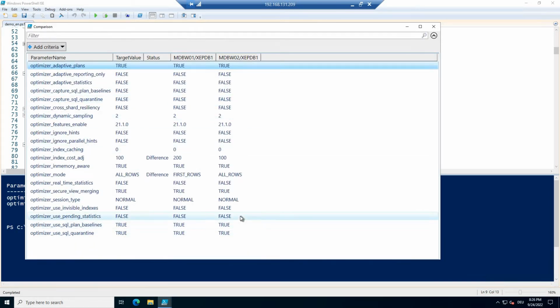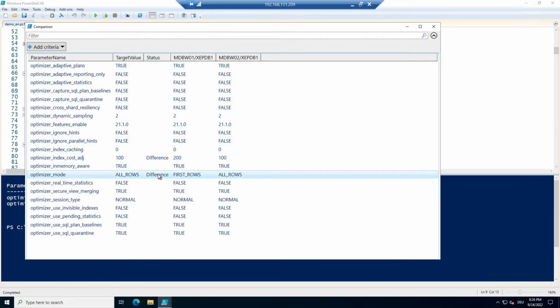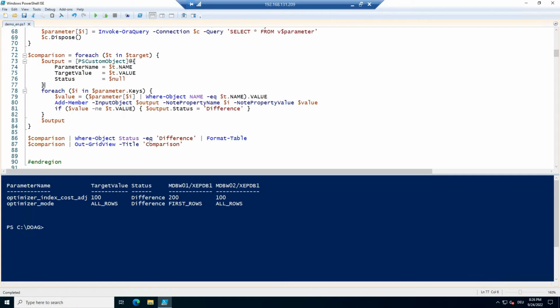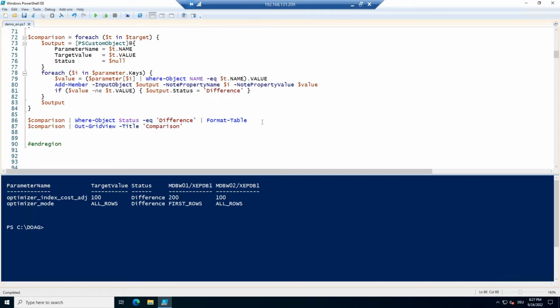This is again my little grid view with a comparison. And here I can see, for all the parameters that are in my target file, the target value and the values from these two sources. And if I add more sources, no problem, the code is flexible so that more columns will be added. And I also see where the difference is. For those of you who think, oh, I can do this on Linux, this is a Windows-only feature, as this grid is only supported on Windows. But for all the Linux people, this here is just filtering for differences and then formatting this as a table. This is possible on Linux as well. Okay,